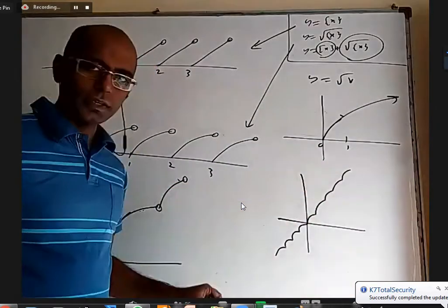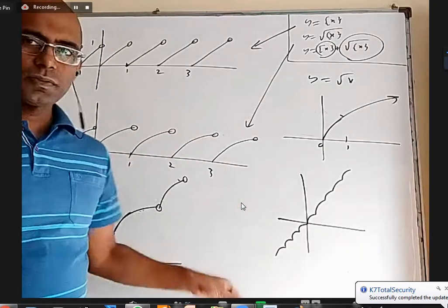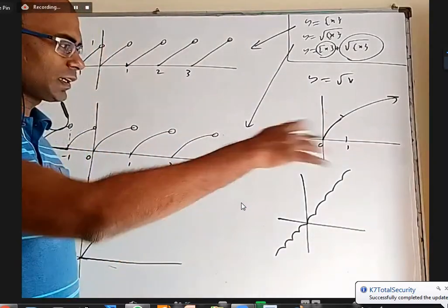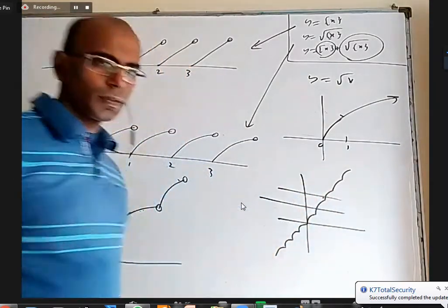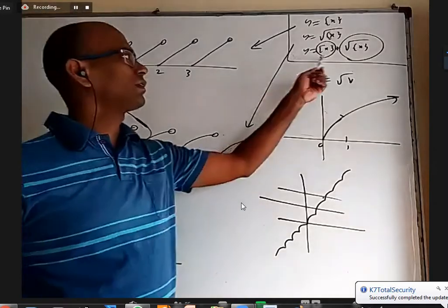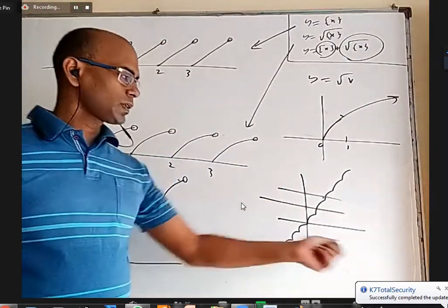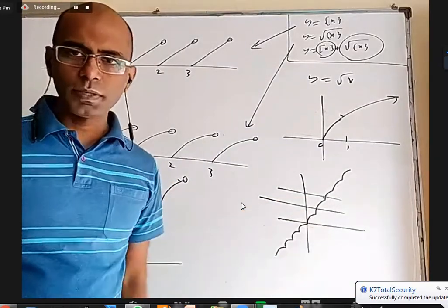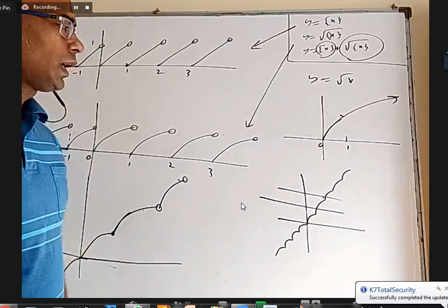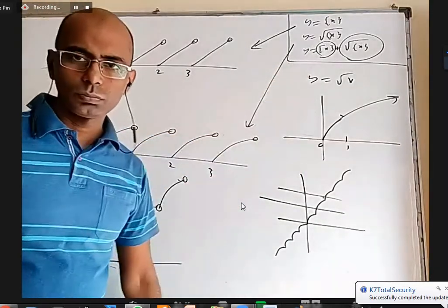Okay. And it is a bijection. There is no gap anywhere, no sudden jumps anywhere. A sudden turn can be there, but any horizontal line will intersect only once. So actually this graph is both one-one and onto. All real numbers is the domain. You cannot think of two different x values which have the same image. It can't be that. And the range covers all real numbers. So it is both one-one and onto.